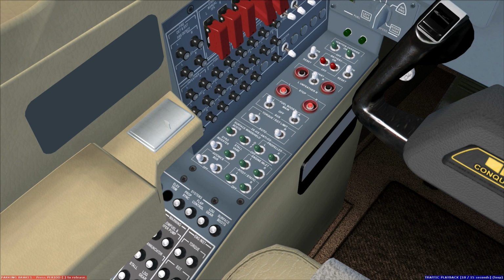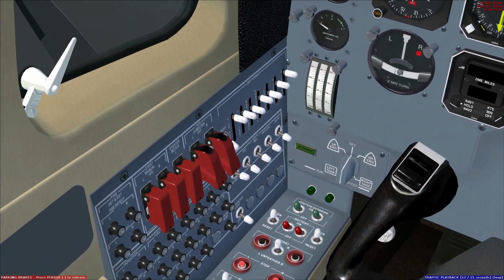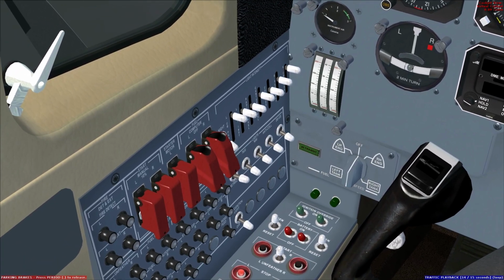And then up here on the side wall, also we have our exterior light controls. Landing lights, 3-position switch. Up lowers them and turns them on, and off is in the middle. And you push that switch down and that retracts them back up into the wing. Landing lights fold down and retract in and out of the bottom of the wing. Then we have taxi lights, nav, strobe, de-ice lights, all the things you're used to seeing in an airplane, except